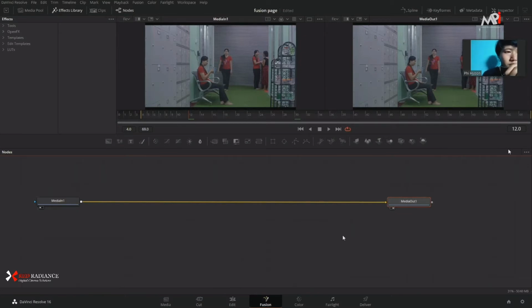Okay, so as you'll see right now we have one input node and one output node,